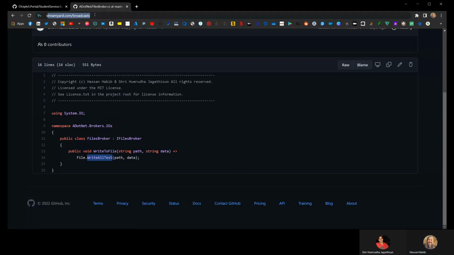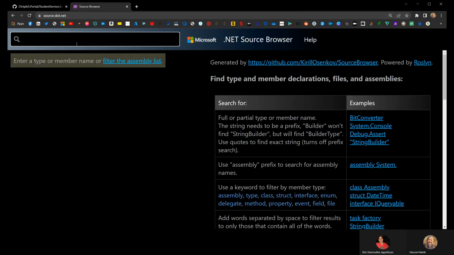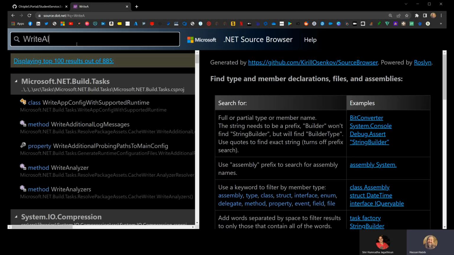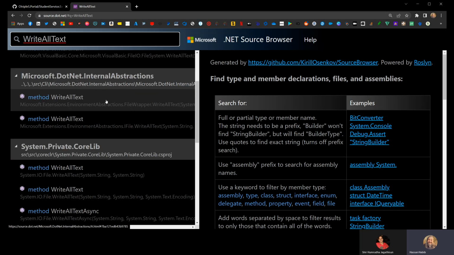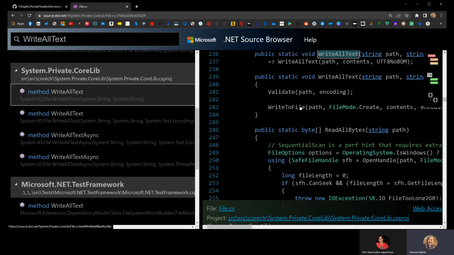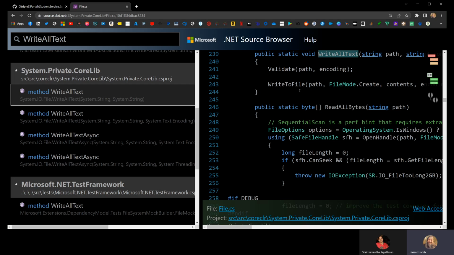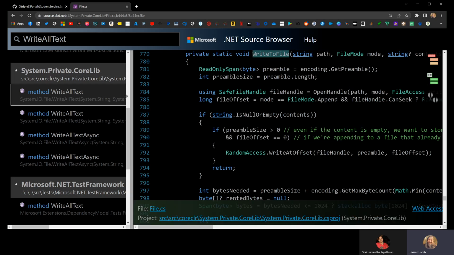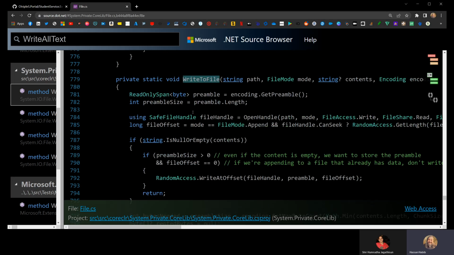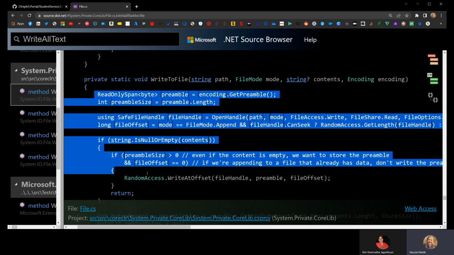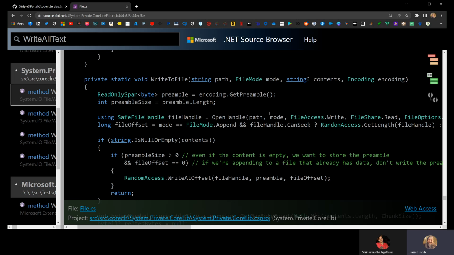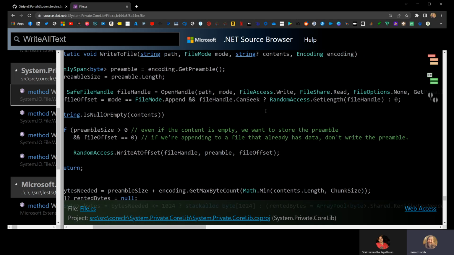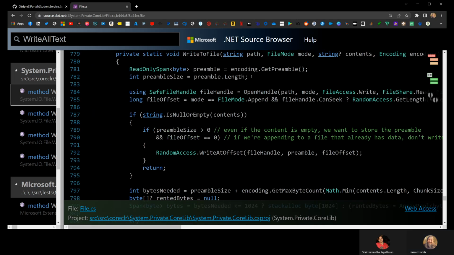So here is source .NET, write all text, not Visual Basic. Core lib, write all texts, validate. So validate is done and then write to file. Okay, here comes the fun stuff. Read only span. This is all upgraded. All this code is upgraded to new C sharp. I'm really happy about that. Save file handle. Okay, so every one of these methods